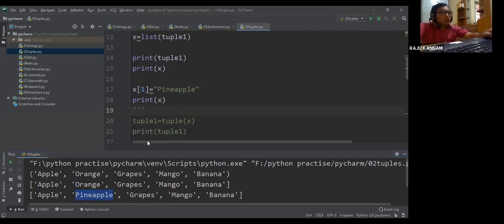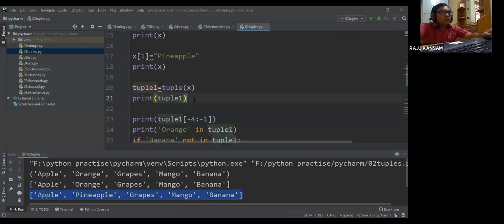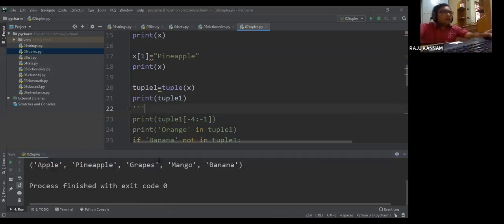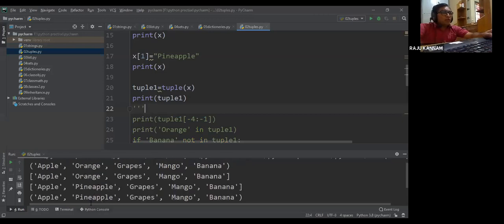Now this list x I'll convert back into a tuple and store it in tuple 1. Now if you print tuple 1, you can see the orange is changed to pineapple, and this is the normal bracket. So your orange gets changed to pineapple.